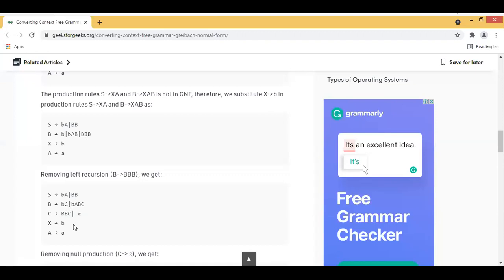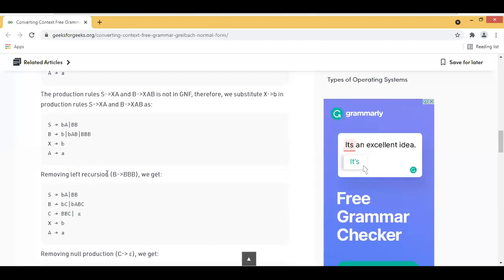While removing the left recursion, we have a syntax: it should be in the form of A tends to A alpha. Then when we map it with the left recursion syntax, it should be eliminated in the form of A tends to